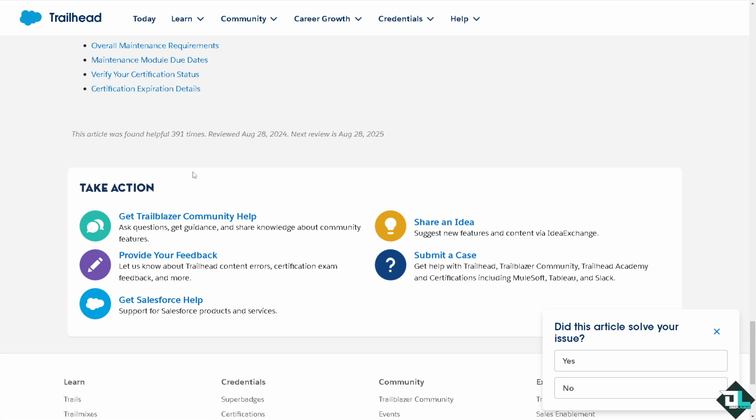And of course, after that, you might want to join some study groups to engage with the Salesforce community. So you can focus on forums and platforms like LinkedIn, Reddit, or the Trailblazer community. This allows you to connect with other candidates and share resources. And of course, you can also provide your feedback or get some Salesforce help, all right? Now,